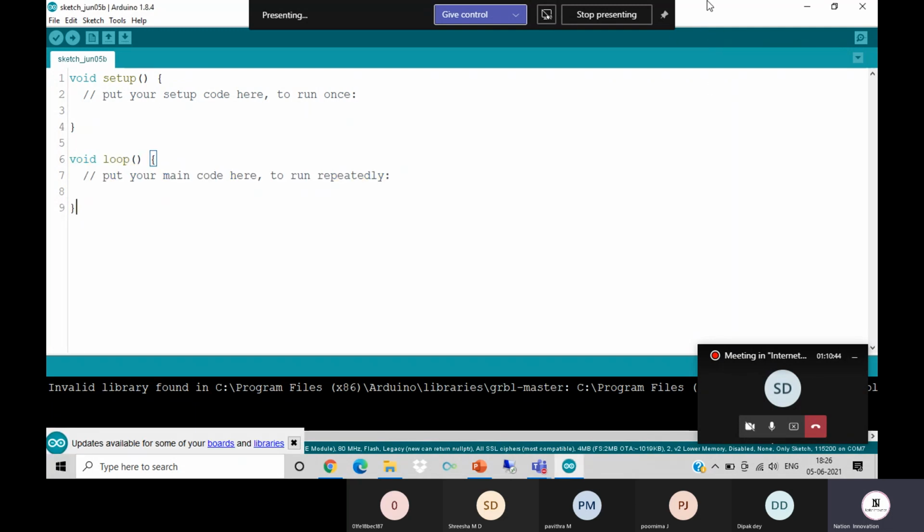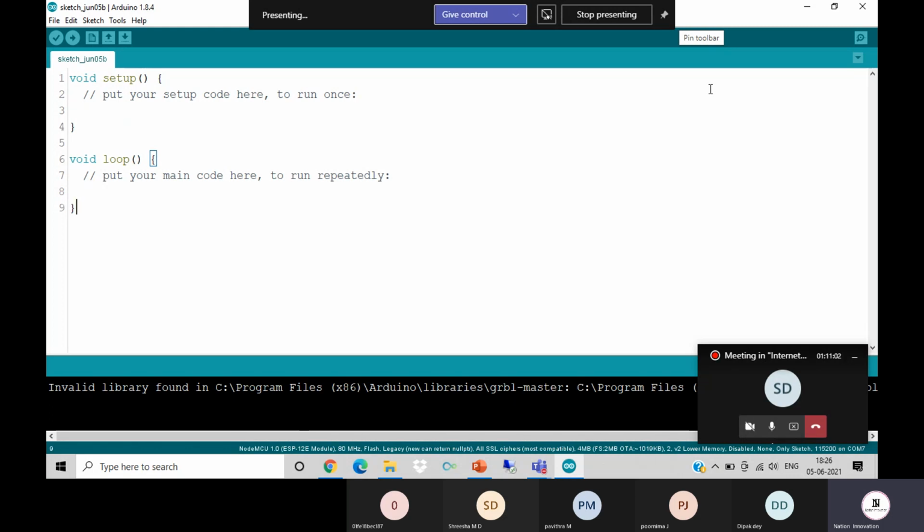The void setup function is basically used to set up different things, like the speed at which the Arduino will be talking, or some pins. In the digital pins, we have pin number 0 to pin number 13 as input and output pins.